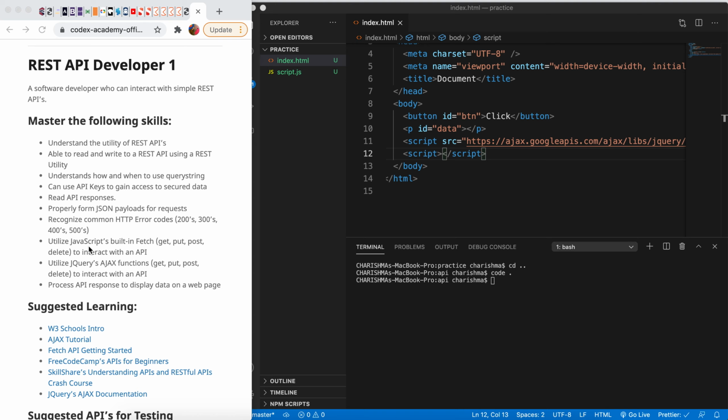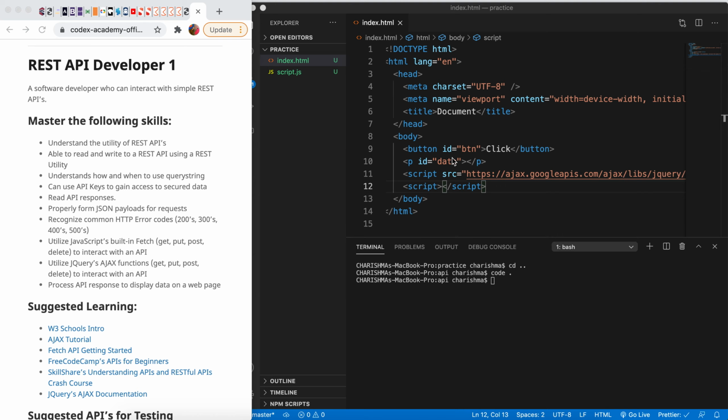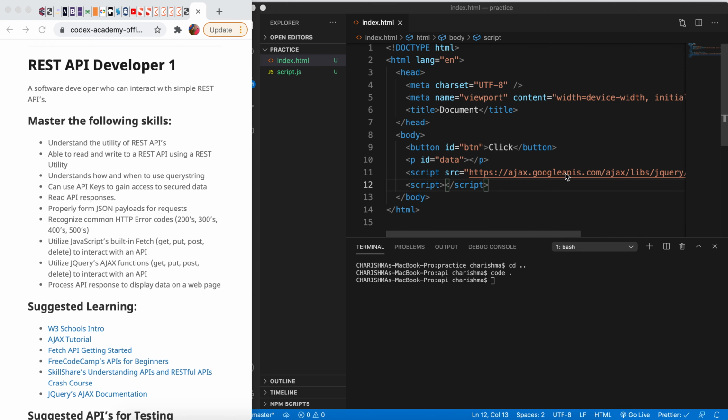In the last video, I left off at this criteria where we need to utilize JavaScript's built-in fetch to interact with an API. To show this, I'm gonna use VS Code. I have a little code set up here where I have a button that says click and there's a p tag, and I'm also using the jQuery library. And now I'm going to show how to fetch data